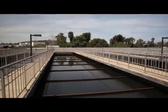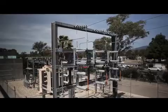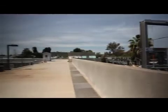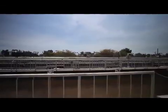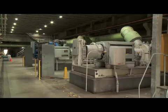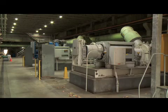One of the major benefits with the project is the energy efficiency that we're going to get. Electrical costs are a major operating cost at the facility, and so with the new blowers and the new mixers, they're going to be much more efficient at delivering the air and keeping everything sustained. I guess you could compare it to a car built in 1970 versus a car built in the year 2016. So if you can think about the emissions from a car from the 70s or how much gas you're burning,